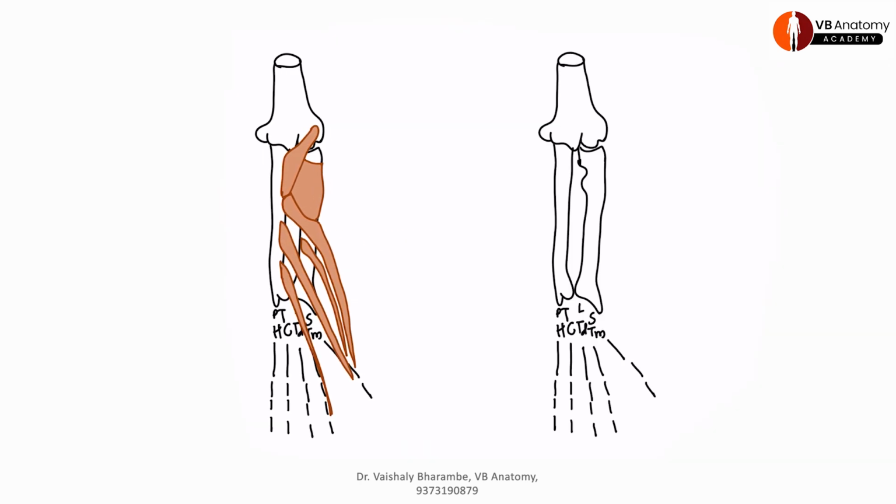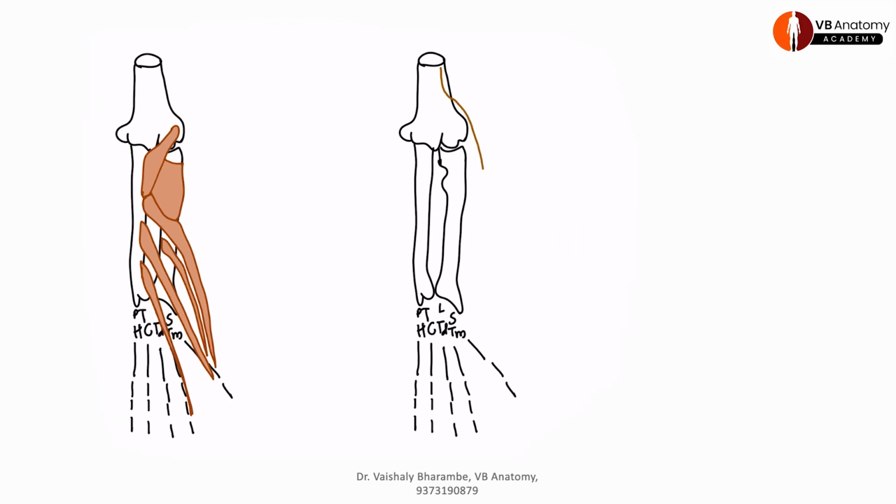Let's now draw the superficial muscles here. Remember, the superficial muscles take origin from common extensor origin, okay? And some from lateral supracondylar ridge of humerus. So here from lateral supracondylar ridge descending down is your first muscle, the brachioradialis, accompanied by the extensor carpi radialis longus